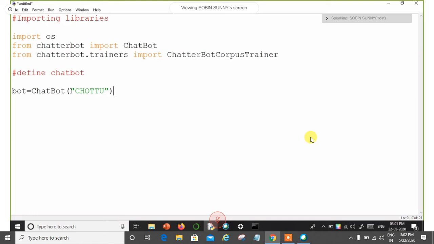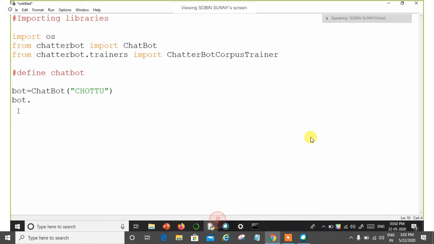Okay, fine. And after that, you have to set the trainer. You have to tell which out of these 4 trainers, we have just imported this Chatterbot corpus trainer, right? We have to make sure that the same trainer which we have imported into this program is going to train the chatbot. So use the same object name that you have used here, bot dot.